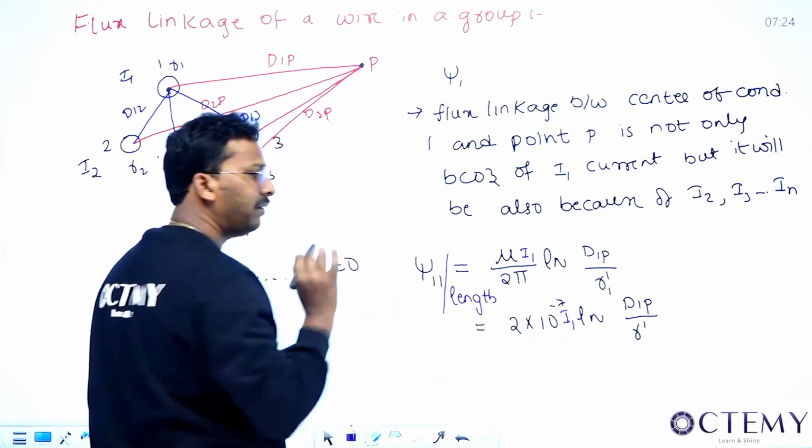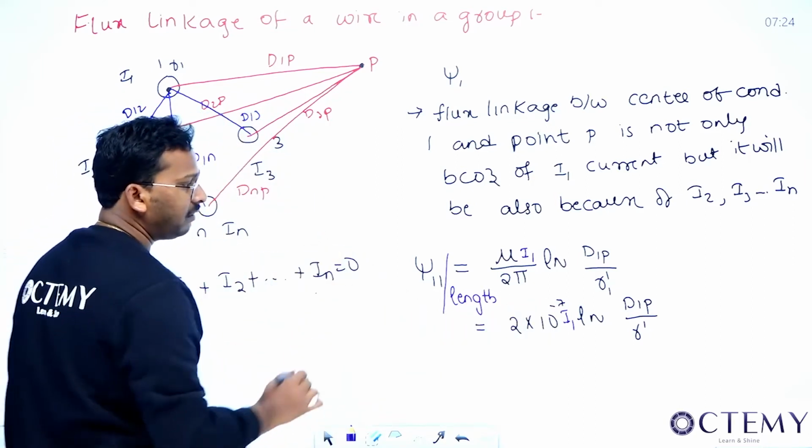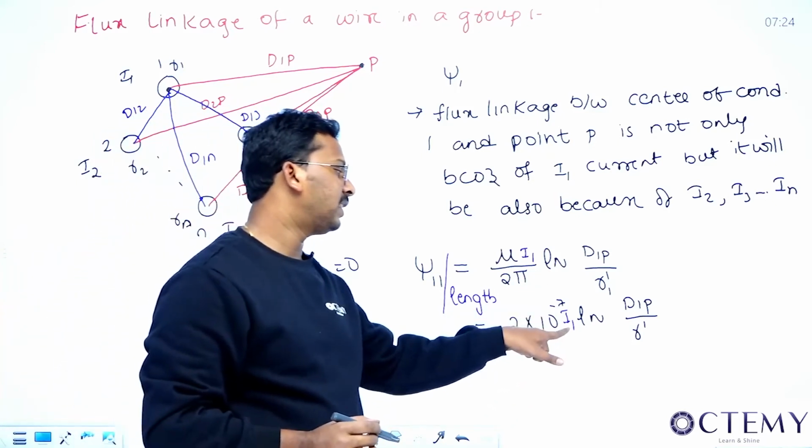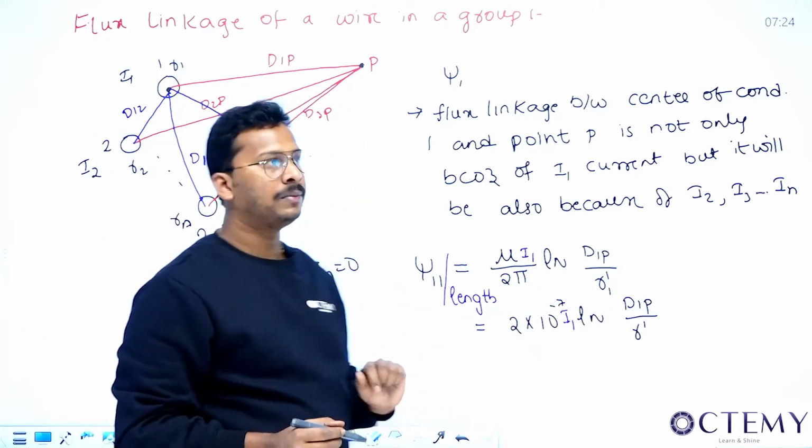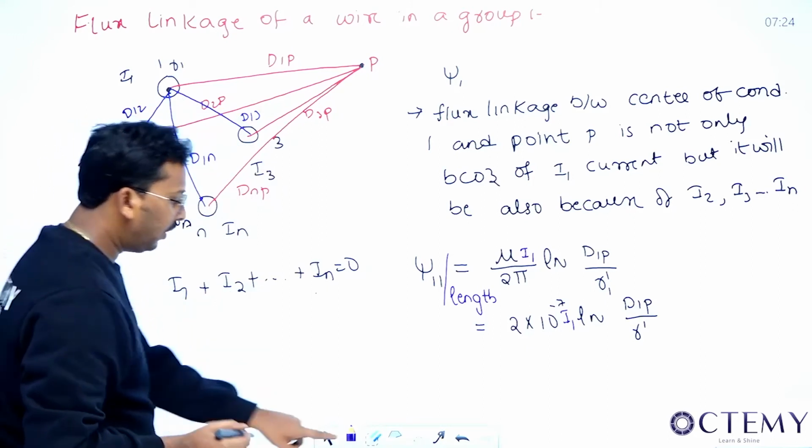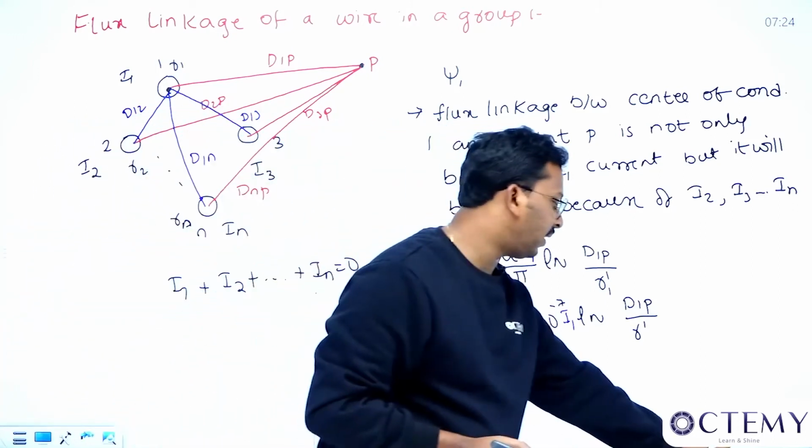So the L will get divided. So phi 1 1, what is phi 1 1 final, sir? 2 into 10 power of minus 7 I1 ln d1p by r. Right? Next, the second important point is, if I want to write the flux linkage,